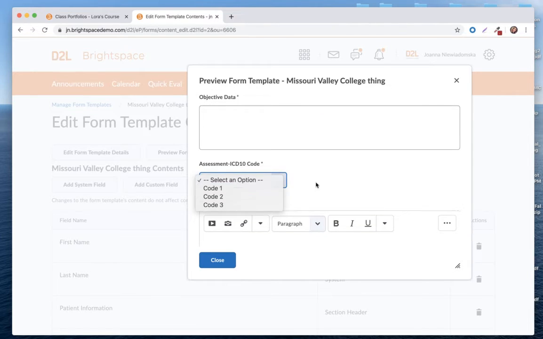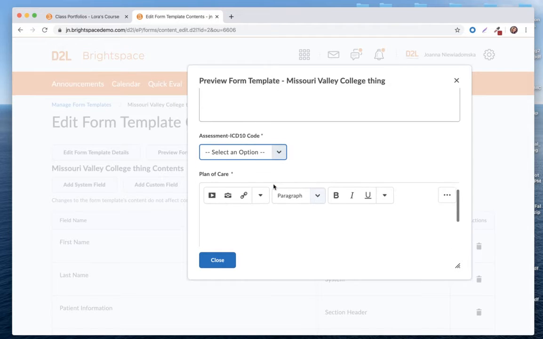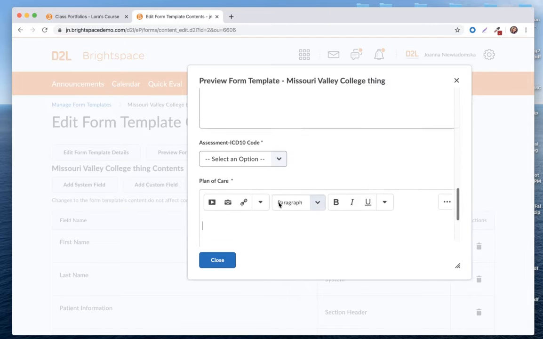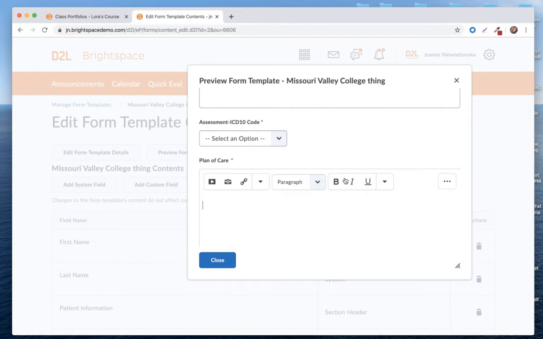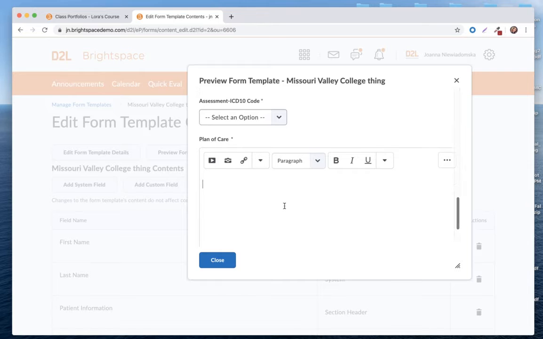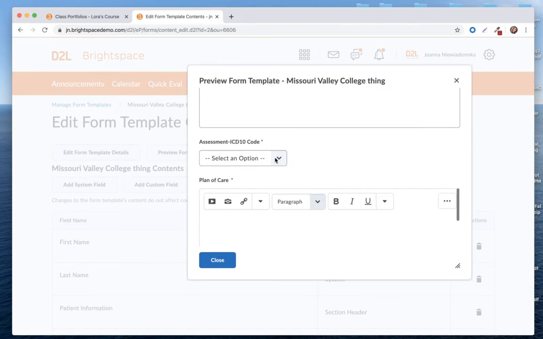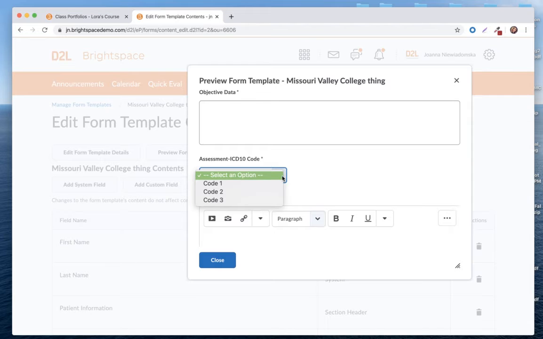We can assign drop-down boxes if you need to implement or showcase a certain code that you've used, and also the plan of care, right? So you'll notice there's a lot of formats of responses. By example, the plan of care box is a nice, rich formatted text area. So we have the ability to add content, add images, work with paragraph options and font options. Of course, there's a drop-down list where we can create our own drop-down options for people to select for that